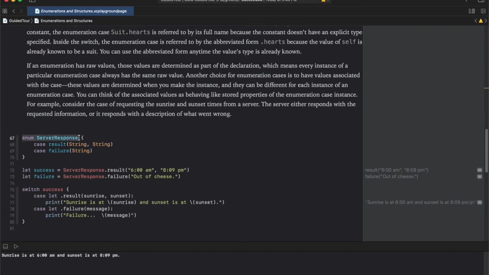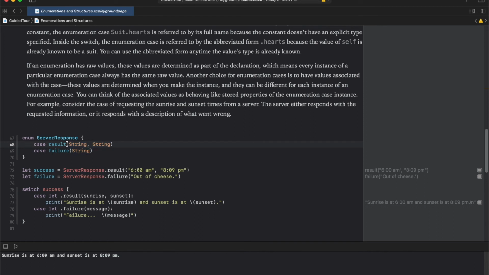On line 67, we are creating an enumeration called server response with 2 possible values or cases, and both the cases here have associated values as shown in parentheses.